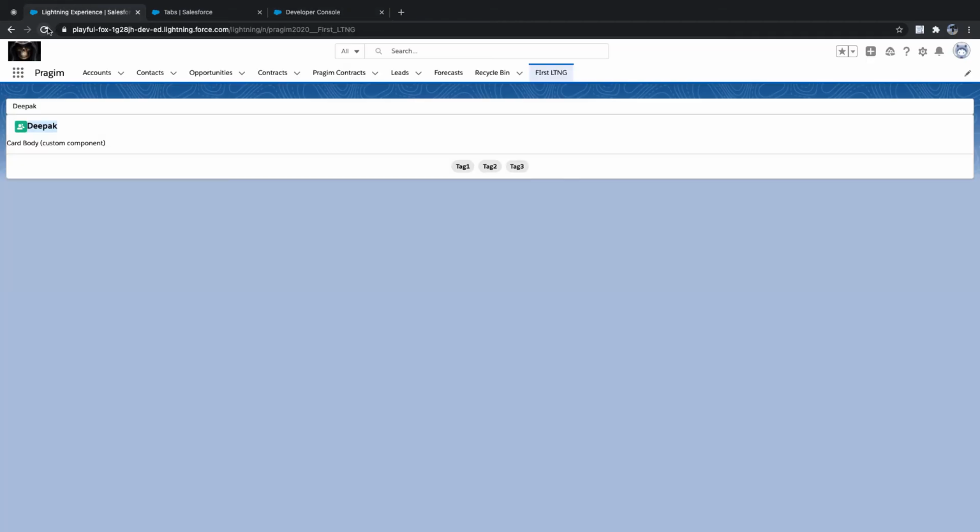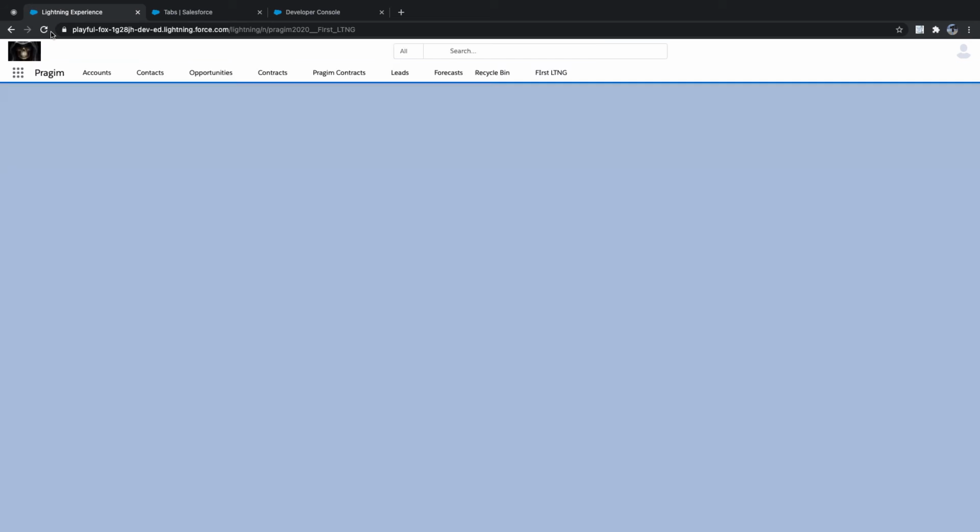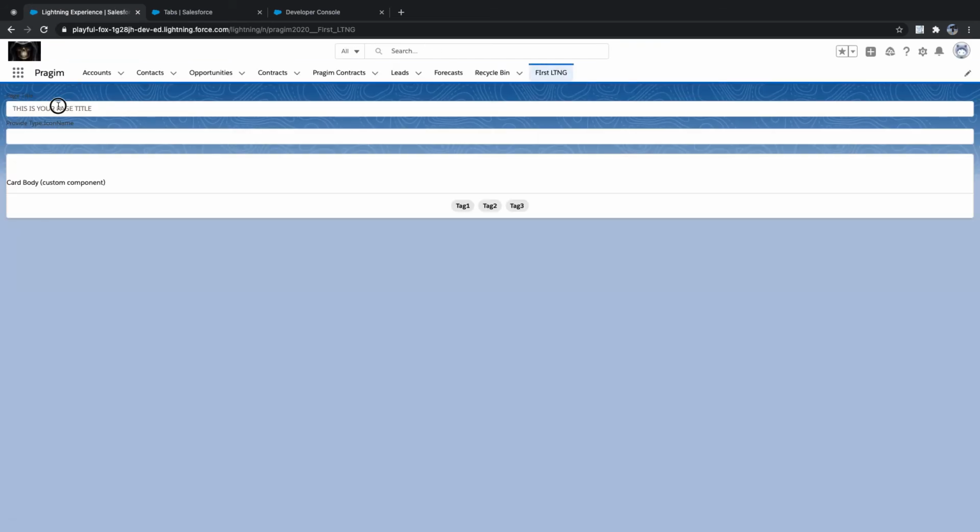Now in this page you don't have anything, right? In this page you don't have anything. I'll say Deepak. It got it. Utility colon user. I'll say account. In account, this is standard, right? Standard. Now you are able to update dynamically, right? So you can see I'm not reloading anything. As soon as I type, it is updating, right?